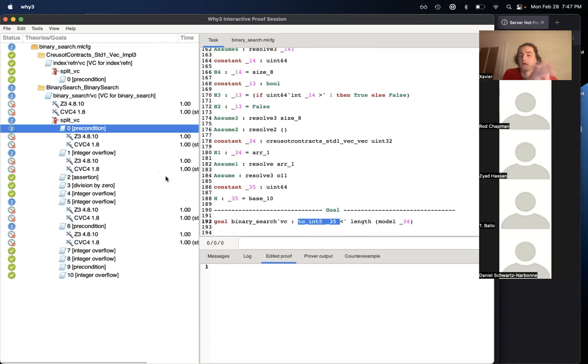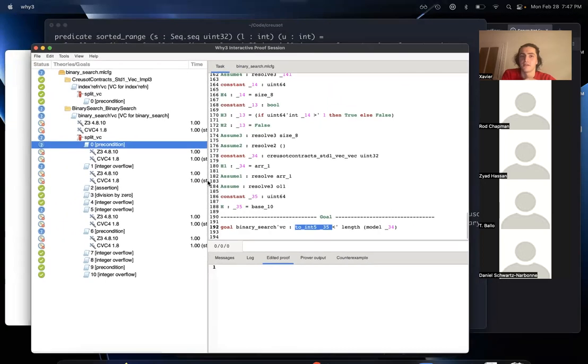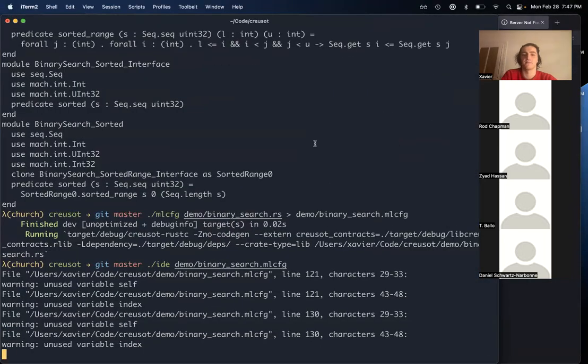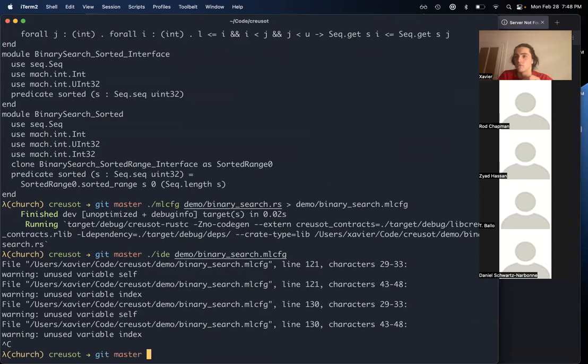As you may have noticed from this demo, Creusot doesn't actually allow you today to verify code using Rust syntax in the proof interface. This isn't a fundamental limitation, it's just an engineering one. There's a lot of things to do and only so much time to do them. It is something I would very much like to work on, having an interface as nice as a tool like Prusti, where you can see your Rust code and see the proof obligations directly on your Rust code. But only so many hours in a day.